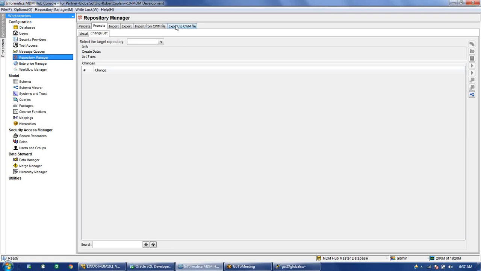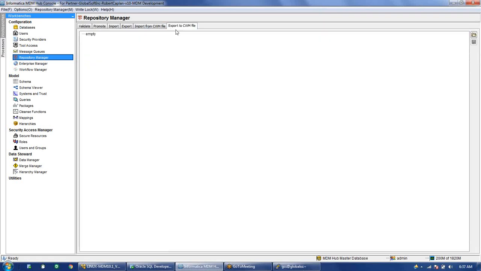And finally, we had seen this part, the CWM file. CWM file is just an option which is provided, using which we can import our base objects, packages, or the landing tables. These options it gives. So if you don't want to come and create into the MDM, we can use this, but basically that's a very complex XML file that gets generated. If we are able to understand it and create it, then we will not have to come and create the base objects directly here.